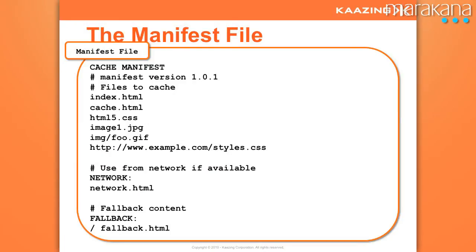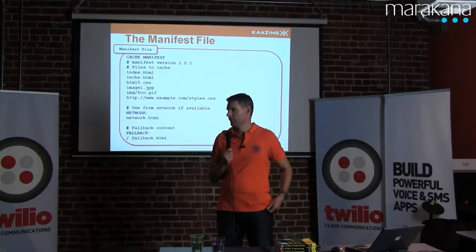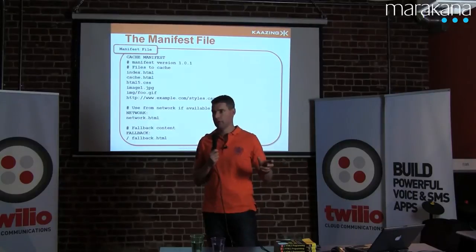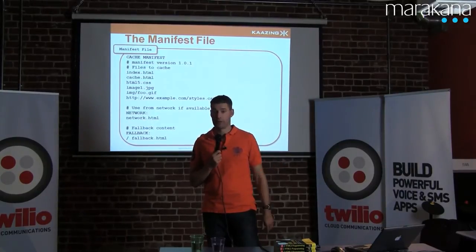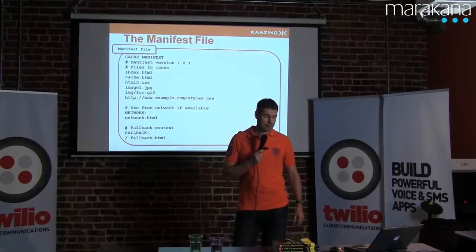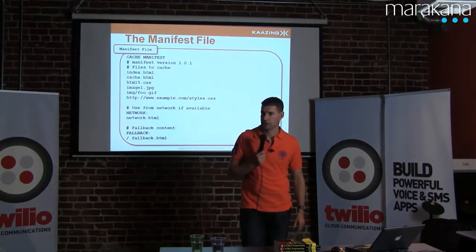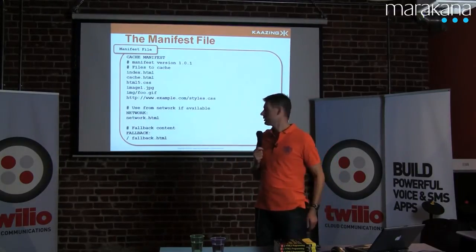This manifest file, the most simple way to think about this would be a file that has a list of files you want to cache. And at its most basic form, it just needs to have the words cache manifest at the top and a bunch of files that you list that you want to have cached. So in this case, I have an index file, a cache file, a CSS file. I could add some JavaScript files, a couple of images, and